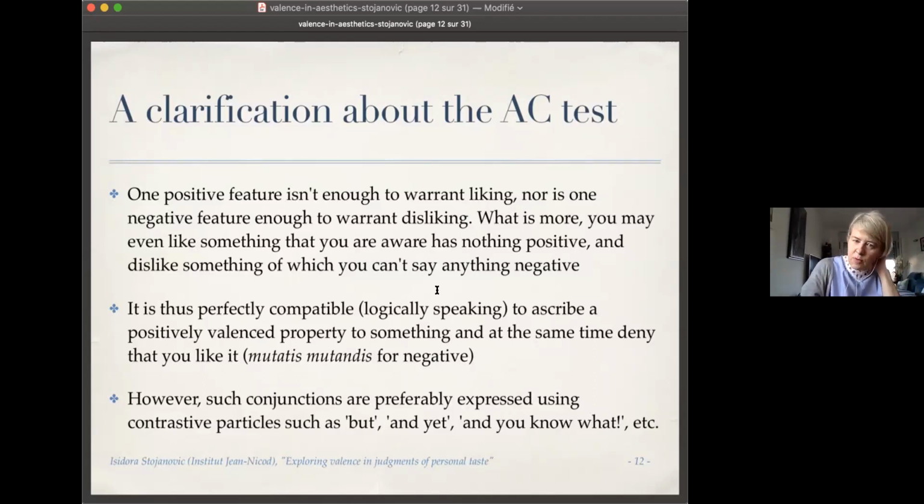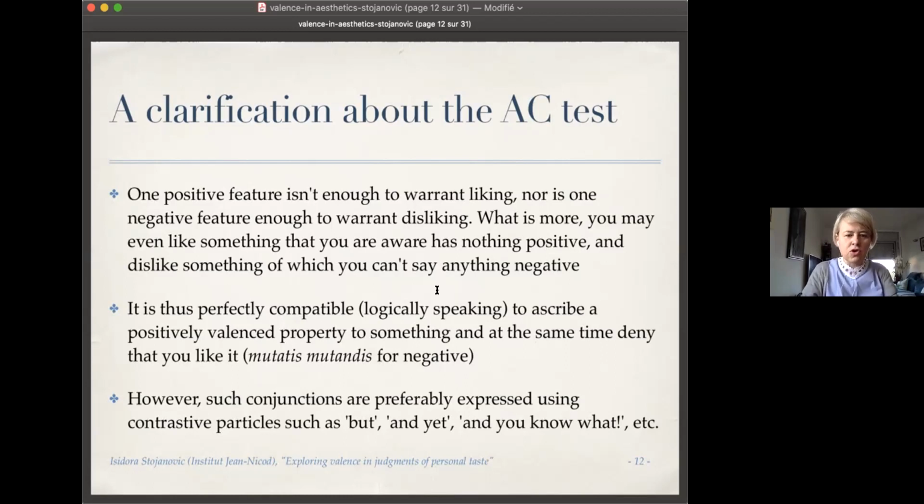And what is more, you may even like something that you're aware has nothing positive. This might be slightly irrational, but that's something that can happen. And you can similarly dislike something about which you cannot say anything negative. So logically, it's of course perfectly possible to ascribe a positive property to something and at the same time deny that you like it. However, the test still works, we think, because when you express such conjunctions, what you preferably do